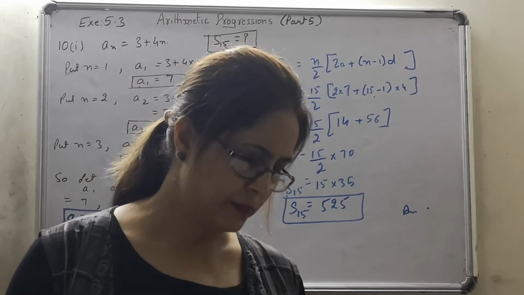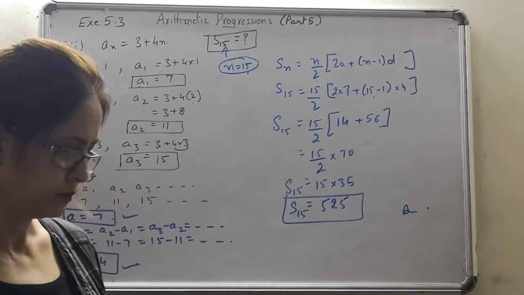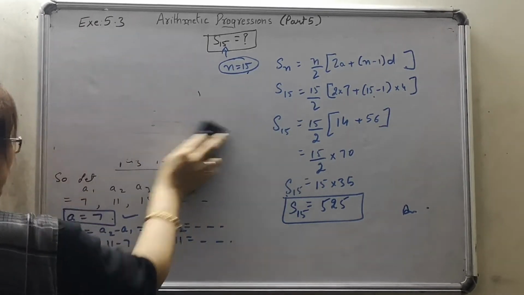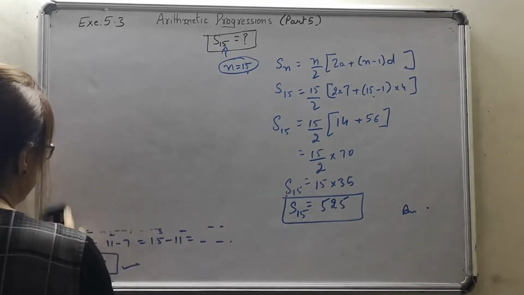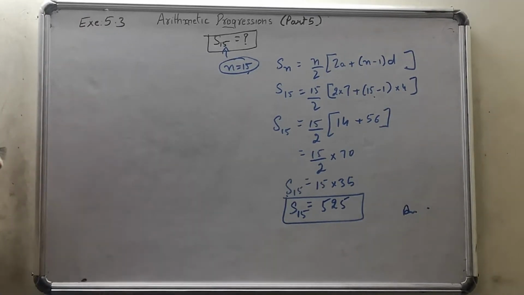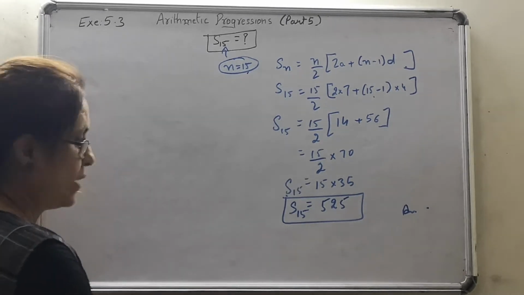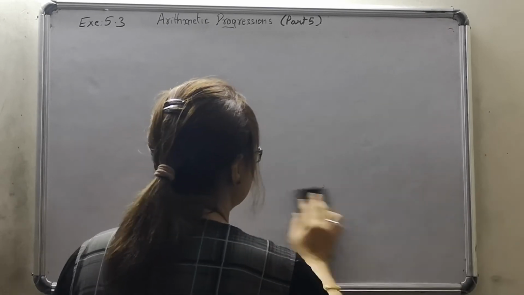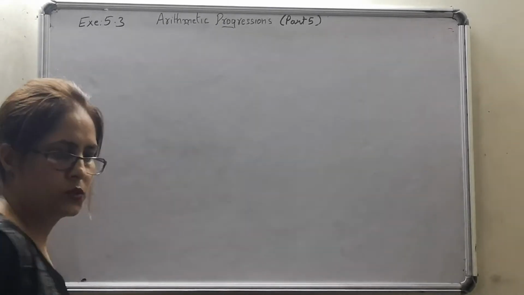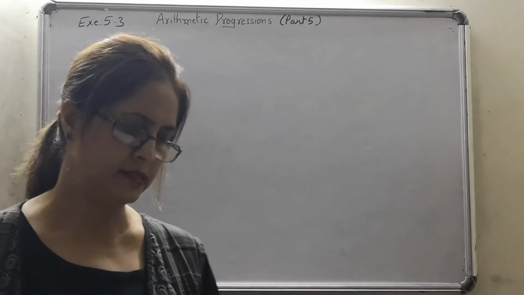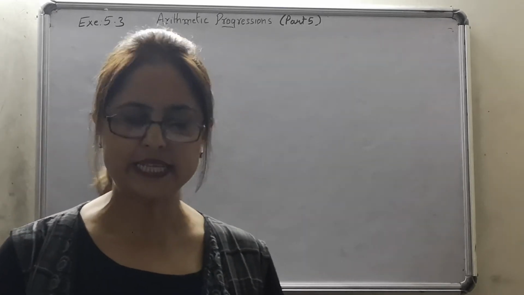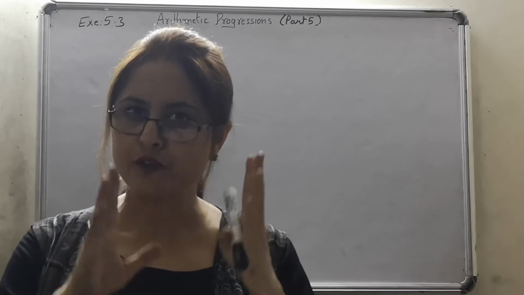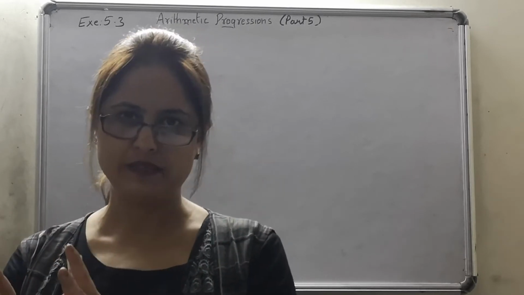I am picking up question number 12. Most probably, I will be introducing you to a new formula of AN when I take up question number 11. That is why I intend to take the similar questions together. Question number 12 states, find the sum of first 40 integers divisible by 6. They said find the sum of first 40 integers divisible by 6.